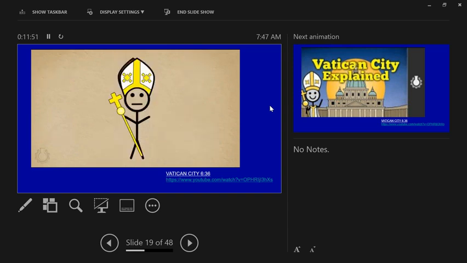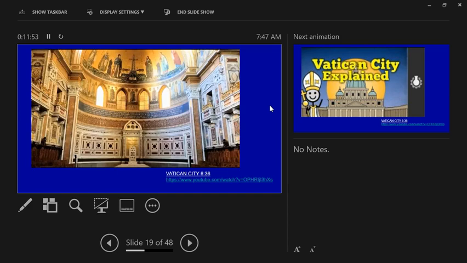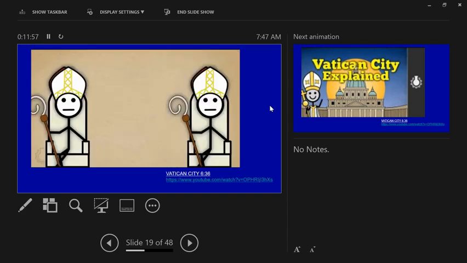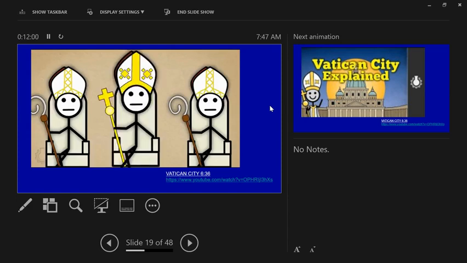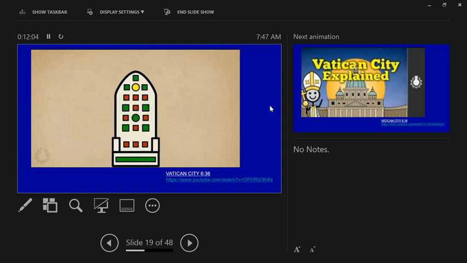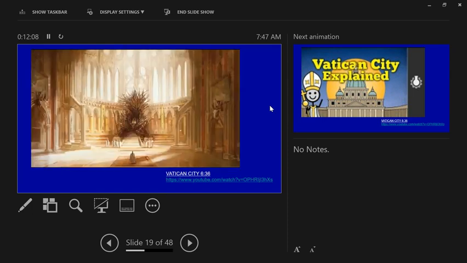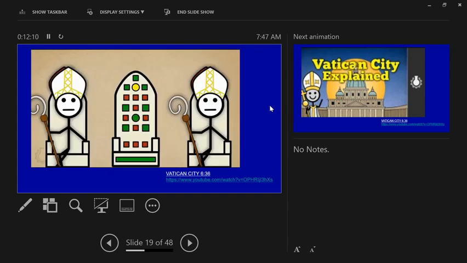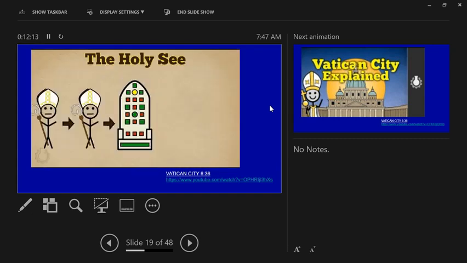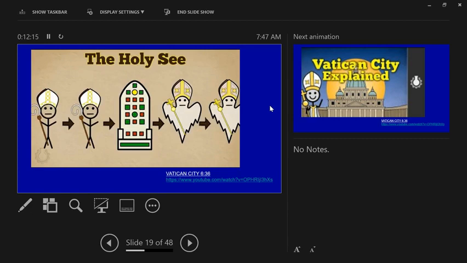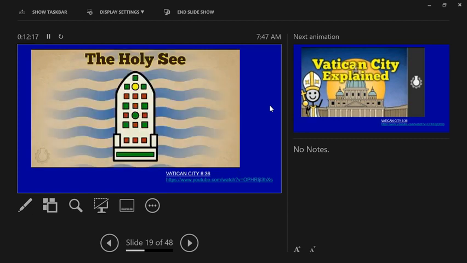But first, the Pope, who gets a throne to sit upon, and from which he acts as the bishop for all the Catholics in Rome. Actually, all bishops in the Catholic Church get their own thrones, but because the Bishop of Rome is also the Pope, his throne is special and has its own special name. The Holy See. Every time a pope dies or retires, there is a sort of Game of Thrones to see which of the bishops will next get to occupy the Holy See. So while popes come and go, the throne is eternal, and as such, the name of the Holy See not only refers to the throne, but also all the rules that make the Catholic Church the Catholic Church.